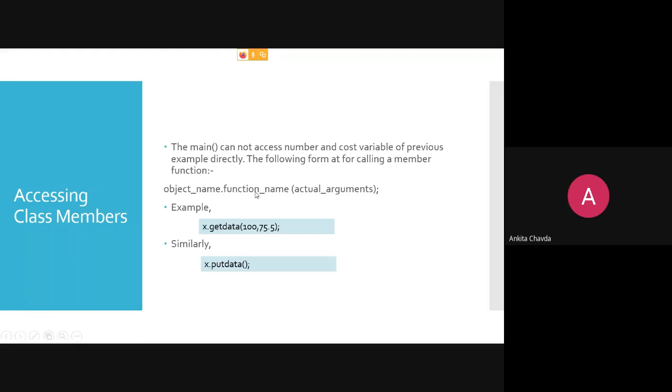So here x dot get data, and you give some value. This way you can call this function. In the same way put data, which you call with the object name you created for the item x. So here x is nothing but the object of class item.